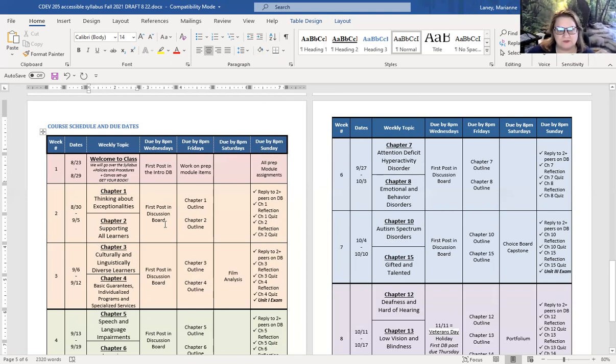So you'll have your first post in the discussion board on Wednesdays. The outlines or notes or whatever, get them in by Friday. But if you do it by Saturday or Sunday, it doesn't matter to me. It's just, if you need more time, like if your work schedule is a certain way, hey, guess what? If you want to do everything on Monday, you still need to loop back to the discussion, because not everybody's going to do it on Monday. But you can subscribe to that discussion and it'll alert you when somebody answers, and then you can go back. So it's up to you how you want to do it.